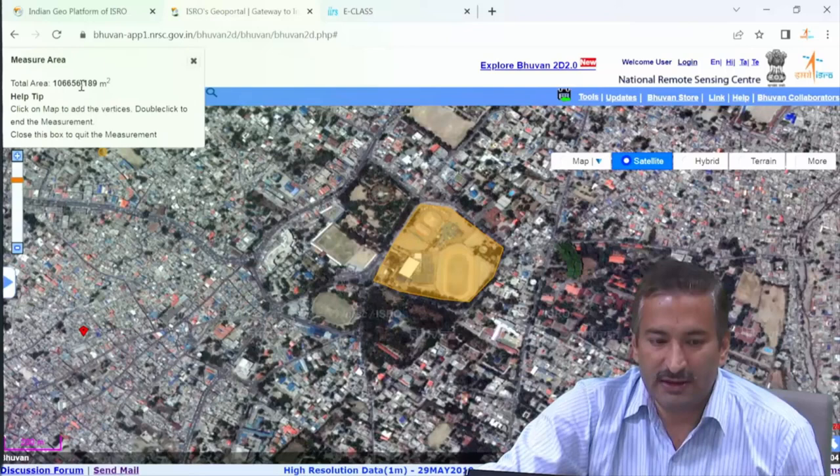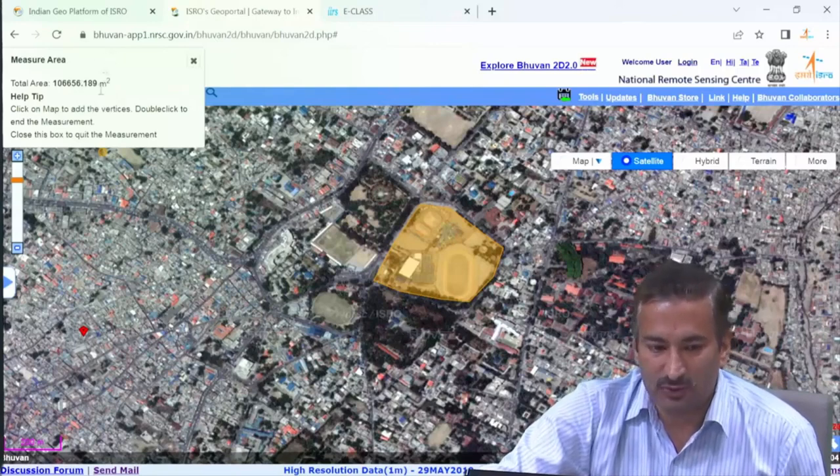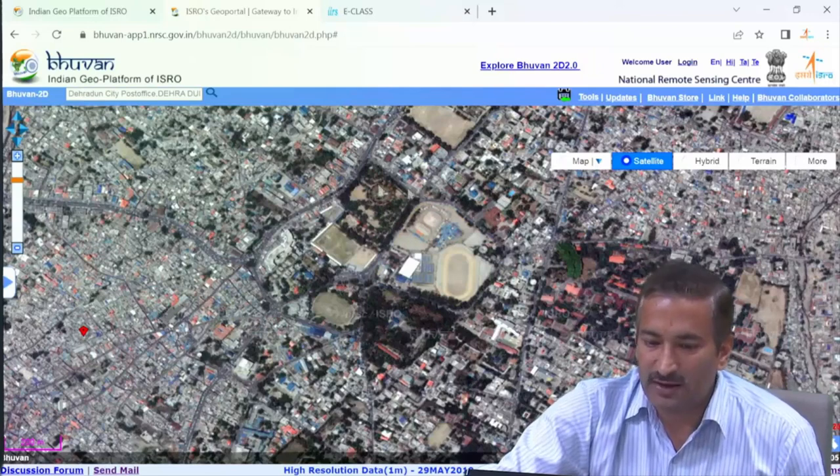So you can say it is around 10 hectares. Okay, then divide by 10,000, so it is showing 106,656.189 square meters. Convert it to hectares, so divide by 10,000. So around 10 hectares it is coming up, this particular area. And distance also we have measured.